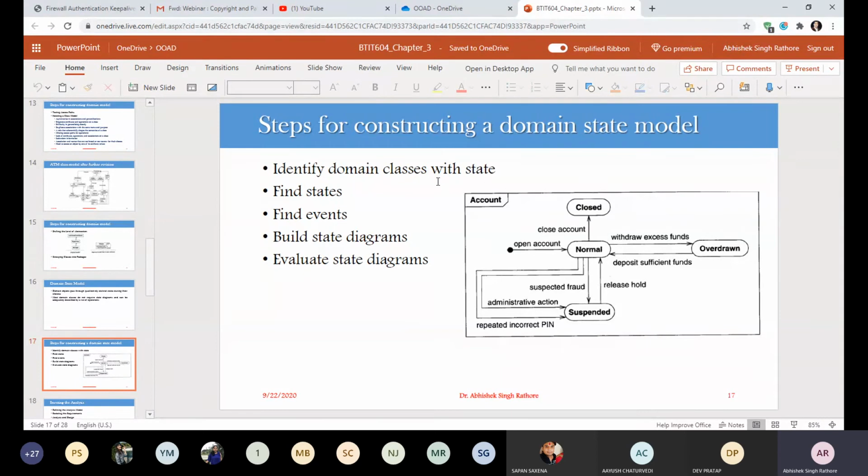So we have to evaluate our model. This is how we can construct our state model.